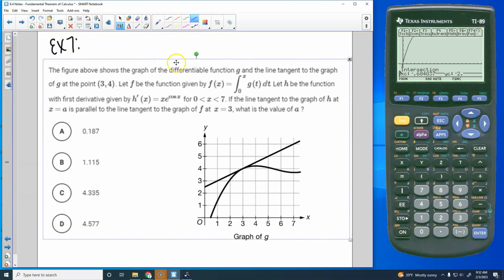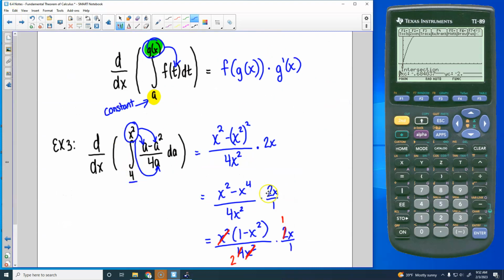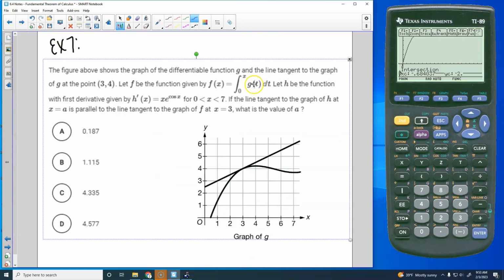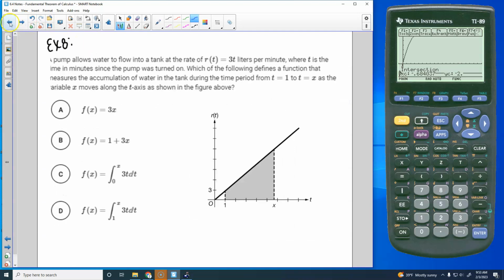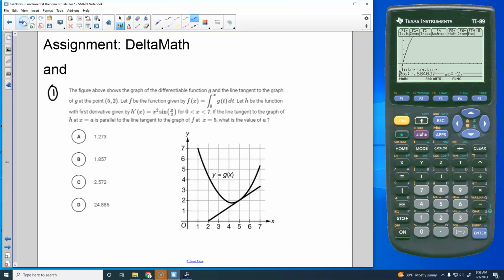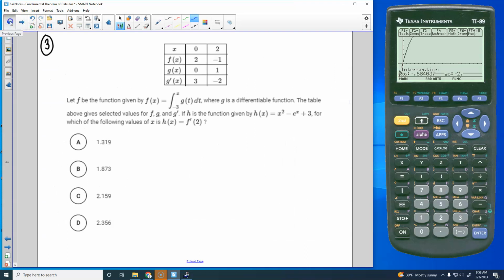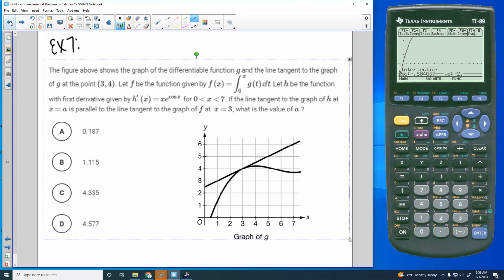Okay, let's look at a couple more of these. Your assignment tonight is going to be from Delta Math, which I probably need to change the date on because we were supposed to do it Tuesday. But Delta Math problems are basically going to be these problems, right? So that's basically what you're going to be doing. But I wanted you to see some of these. So I've got 2 more that hopefully we're going to get done, and then you'll have the last 3 to do also in addition to your Delta Math that you'll do on your own.